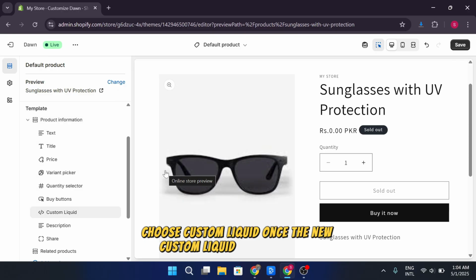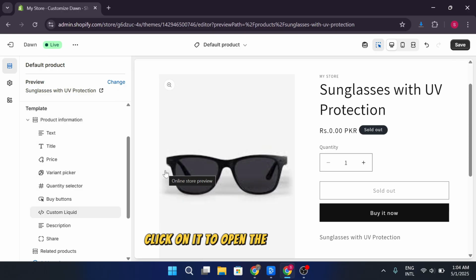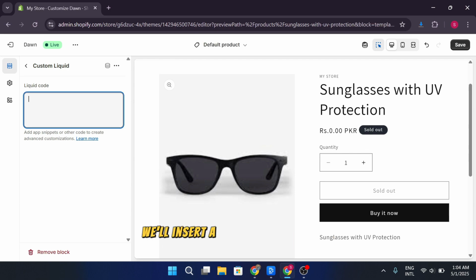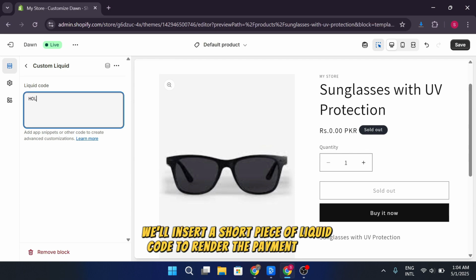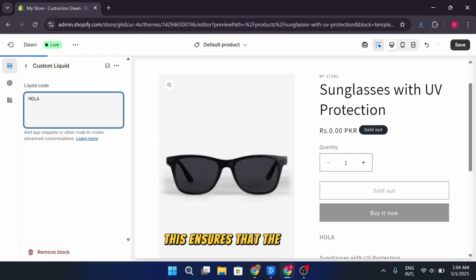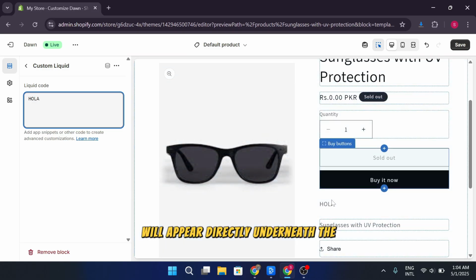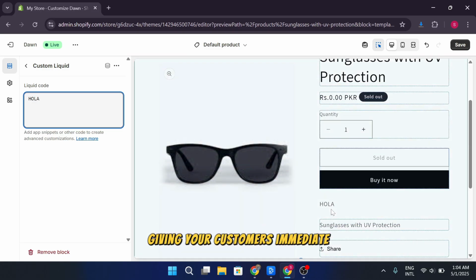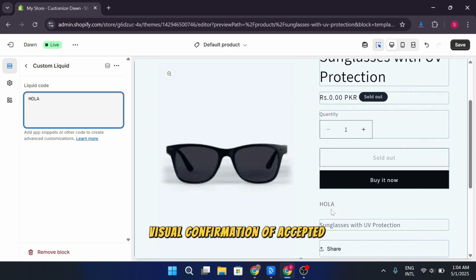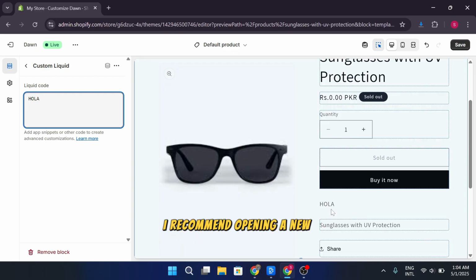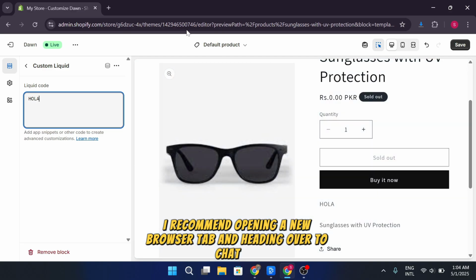Once the new Custom Liquid block is added, click on it to open the code editor. Now inside this Custom Liquid field, we'll insert a short piece of liquid code to render the payment icons. This ensures that the icons will appear directly underneath the Buy button, giving your customers immediate visual confirmation of accepted payment methods. Before we enter the code, I recommend opening a new browser tab and heading over to ChatGPT, which